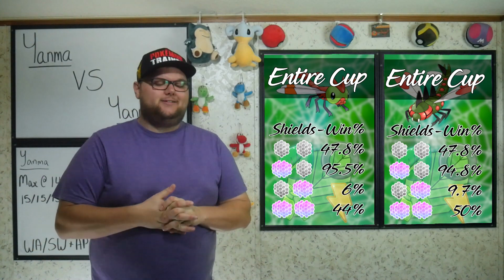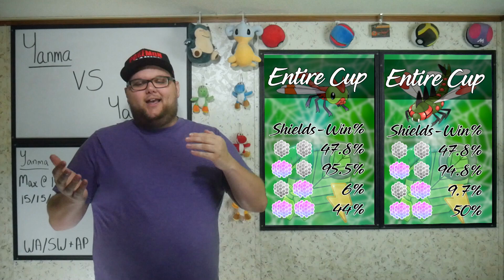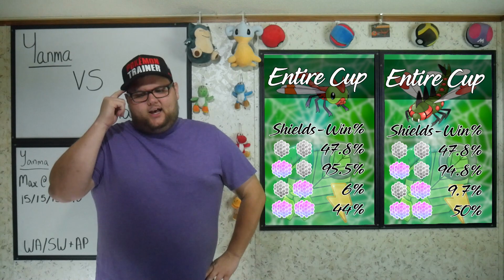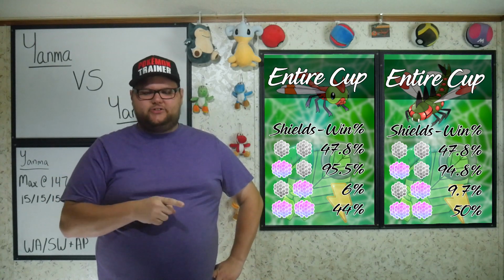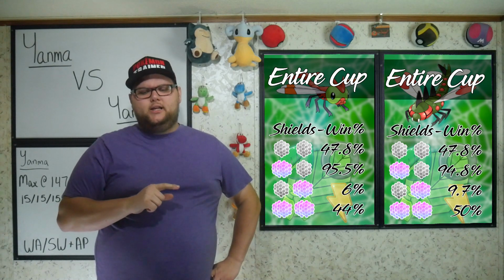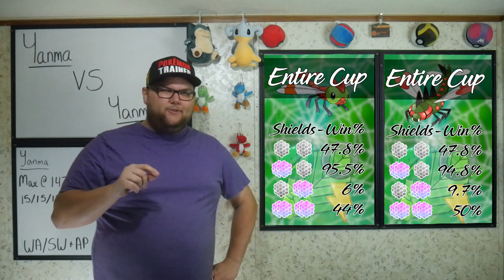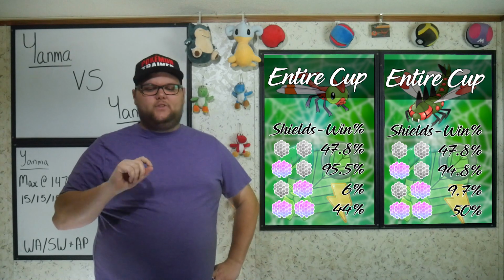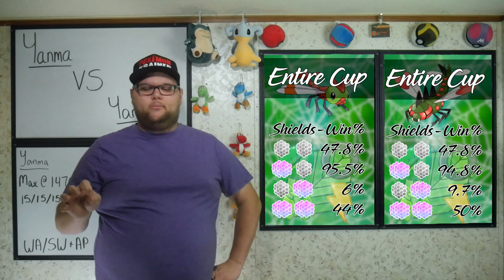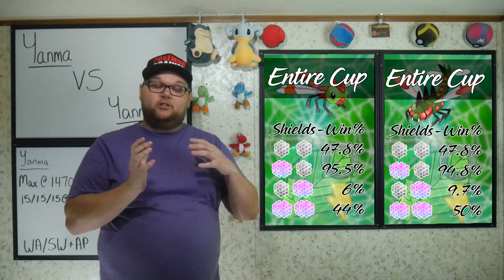In our last shield scenario against the entire cup, we have the 2v2, which is a 44% for Yanma and a 50% for Yanmega. Quite interesting there, because Yanma wins in the 2 versus 0 and then loses out in both the 0 versus 2 and the 2v2. So it pretty much looks like Yanma can do pretty well if it has shields. Otherwise, if the opponent has more shields, it's a lot harder to break through that Pokemon. Whereas Yanmega, considering that the base stats are a little bit better, especially in the attack,